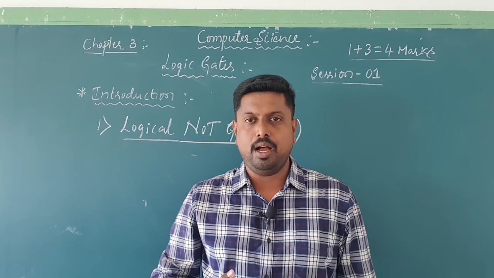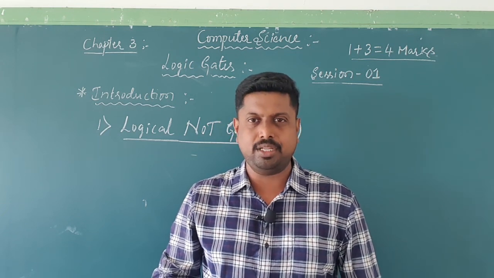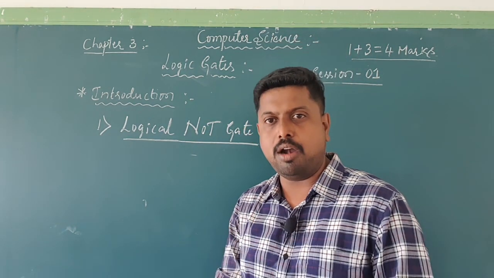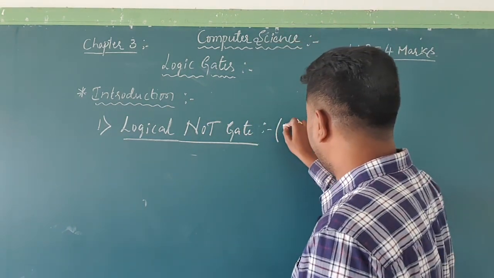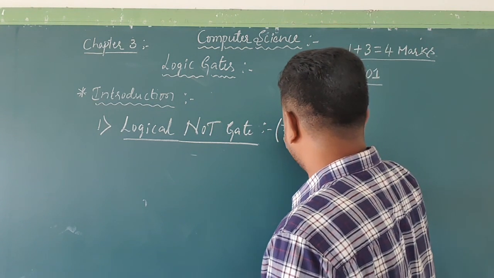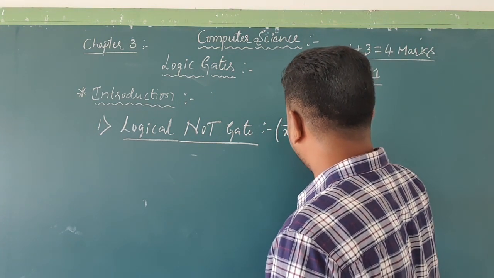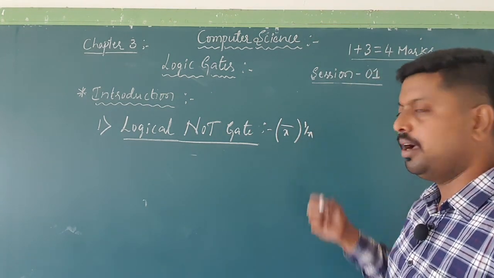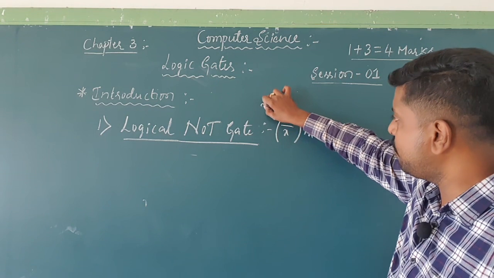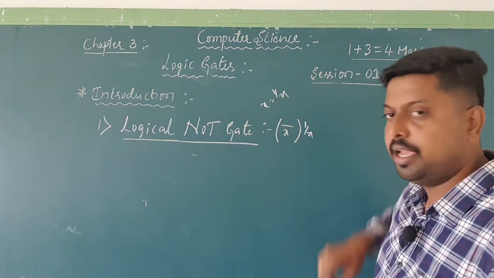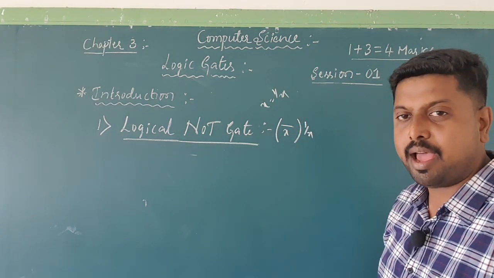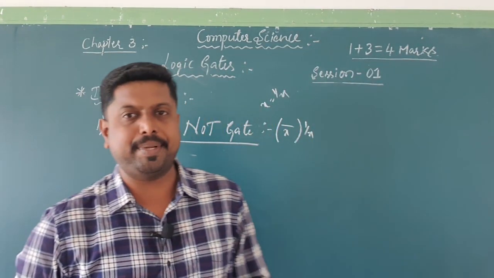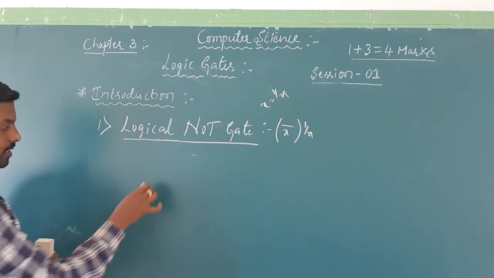And also, what is its operation? That is an inverse, and these kinds of logical NOT operations are represented with a bar over the variable. If it is x bar, that means the complement of x, that should be converted into its complement. If x is an input, it is converted into its inverse. So this is what we call a logical NOT gate. Then what is its symbolic representation? See, I will write the symbolic representation.